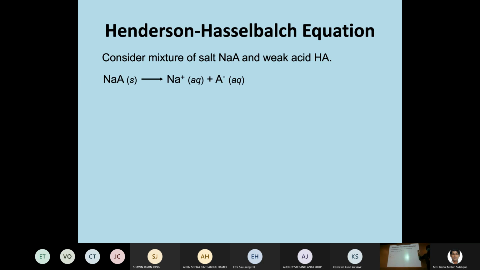Let's say sodium and an anion, A, which can be anything, acetate, formate, whatever. It's a salt anyway. So this salt, and there is an acid of the same anion. Both of them are in the solution, and now Ka of the acid,